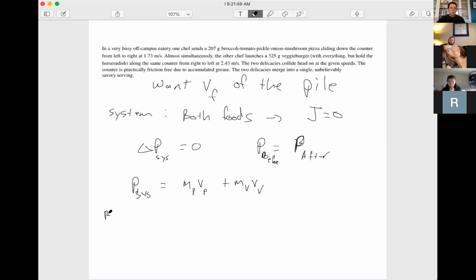So before the collision, I would say I have the mass of the pizza, which is 0.207 kilograms, times the velocity of the pizza, which is positive 1.73 meters per second, plus the momentum of the veggie burger, which